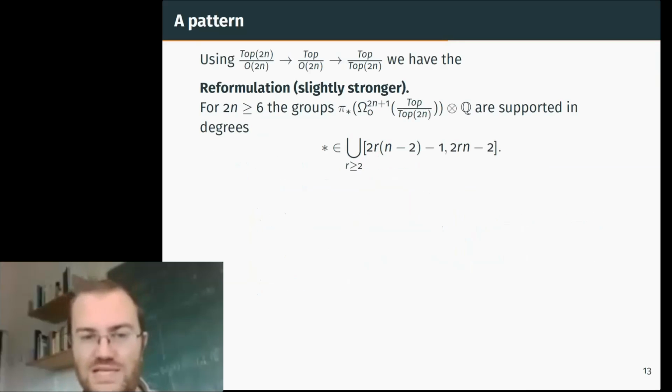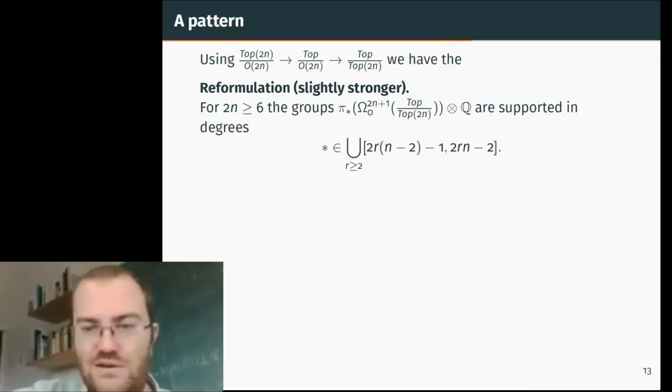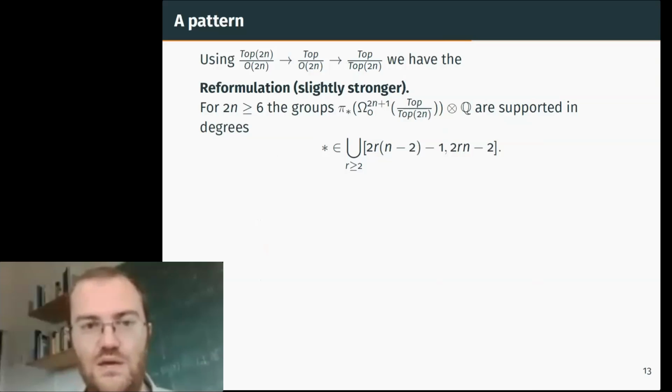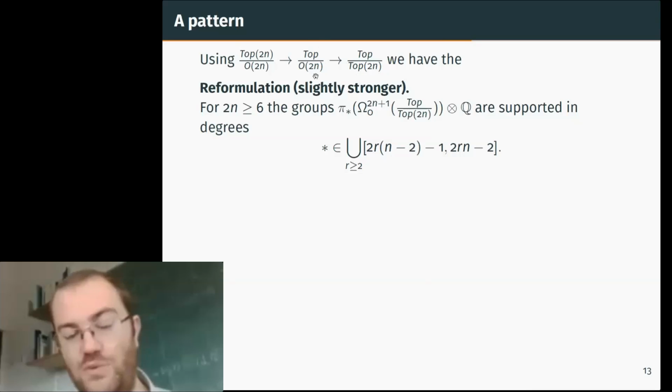And there's a way of reformulating it, which is a little bit stronger, but a little further away from talking about diffeomorphism groups, which is that we can think about the fibration sequence that relates O to O_n, Top to Top_n, and Top. So those are 3 groups, each contained in the next one. And so there's 3 homogeneous spaces you can make, and they fit into a fibration sequence, as any sequence of groups does. And the reason for doing this is that Top, I told you, we know everything about, because it's rationally the same as O. And O to O_n we know everything about. So the middle term is completely known, and indeed its homotopy has 1 class every 4 degrees, starting in 2n-1.